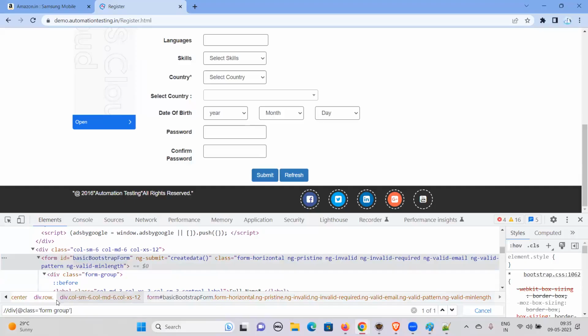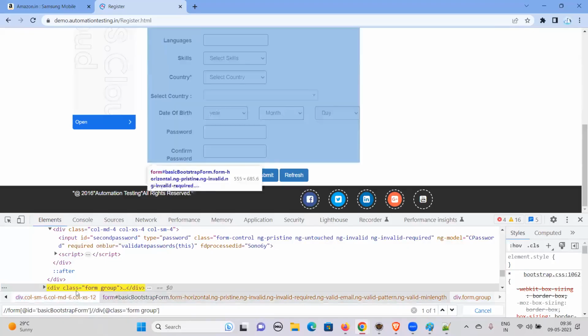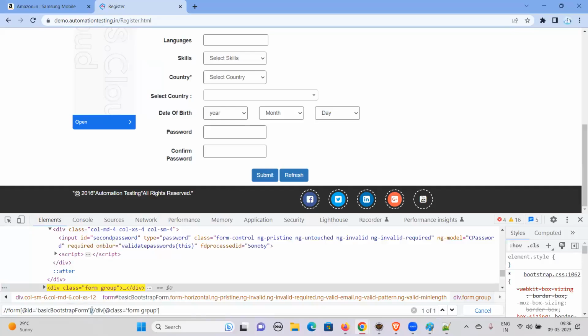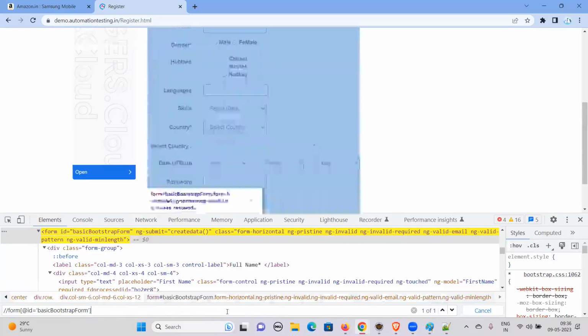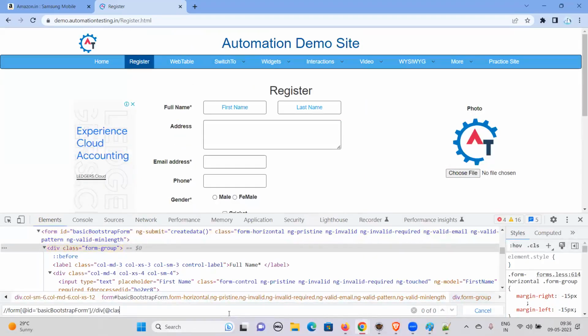Okay, let's see what I'm going to do. Like form at that ID equals to. See what is happening now. This is a form group that I'm able to identify. First, I'll identify the form group. Only one form group. Under this, I want to identify the div. So how many divs are there? 36 divs. So here I want to identify only